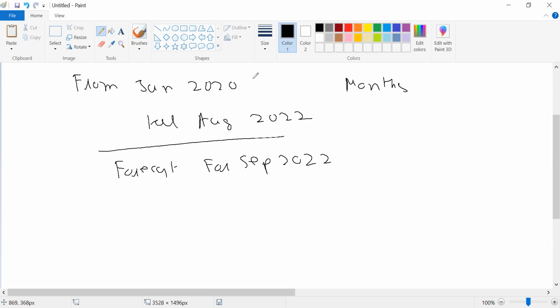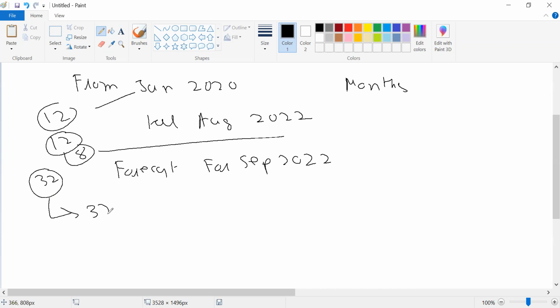For 2020, you would be having 12 months. For 21, you would be having 12 months. Till August, how many months? 8 months, right? So 12 plus 12, 24, 24 plus 8, 32 months. 32 months का तुम्हारे पास data है. This 32 months data you have. You want to do the forecasting for September 2022. Now what you can do is,